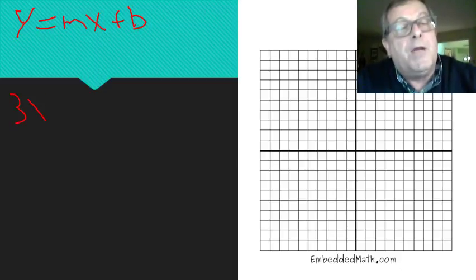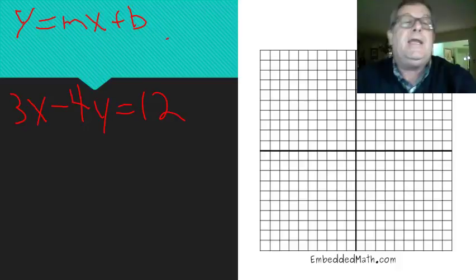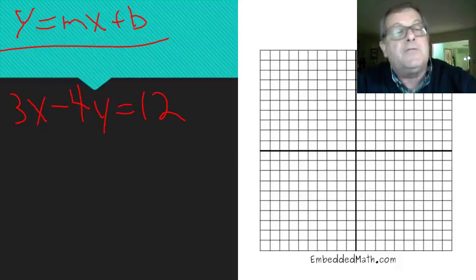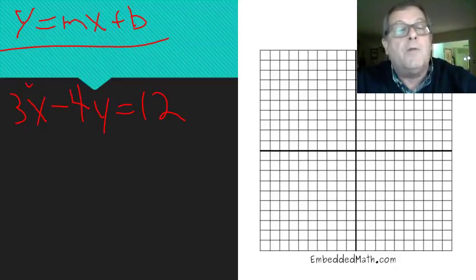And so I've got 3x minus 4y equals 12. But I've got to get it in this form right here. So the first thing I want to do is move my x's from one side of the equation to the other. Over here, it's a positive 3x, which means when I move it across the equality, I'm going to make it a negative. And so now I've got negative